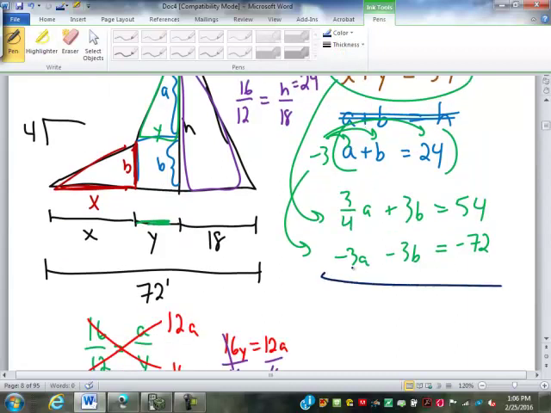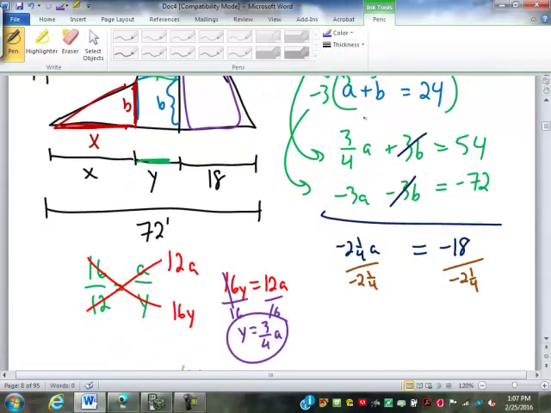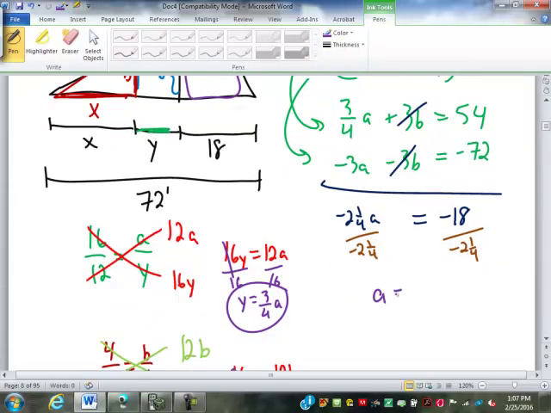Very good. 3/4 plus a -3 is a -2 1/4 A. 3B and -3B cancel out. 54 and a -72 is a -18. And then we divide by a -2 1/4. Which ends up giving us that A equals